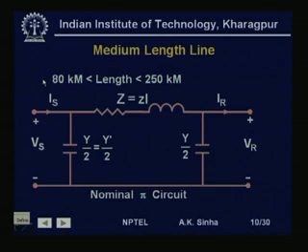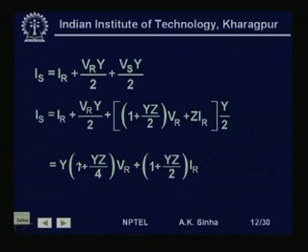Similarly, we can write down the relationship for the sending end current. Now, the sending end current Is is going to be equal to IR plus the current here, that is Vr into Y by 2, plus the current here, which is Vs into Y by 2. So, we are writing Is is equal to IR plus Vr into Y by 2 plus Vs into Y by 2. Now, again rearranging this by combining terms, we write this as IR plus Vr into Y by 2 plus